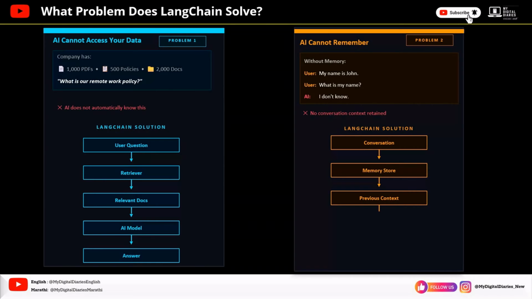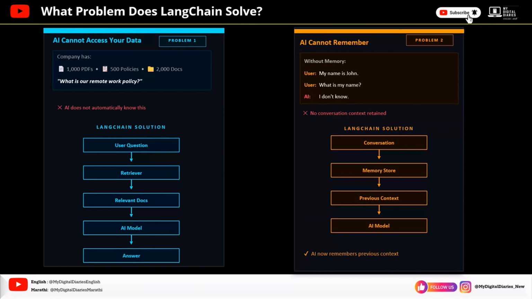Step 3, before the AI model answers the next question, LangChain pulls the previous context from that memory store. Step 4, now the AI model receives the new question plus everything that was said before. So when the user asks, "What is my name?" the AI already has "My name is John" sitting right there in the context, and it answers correctly.